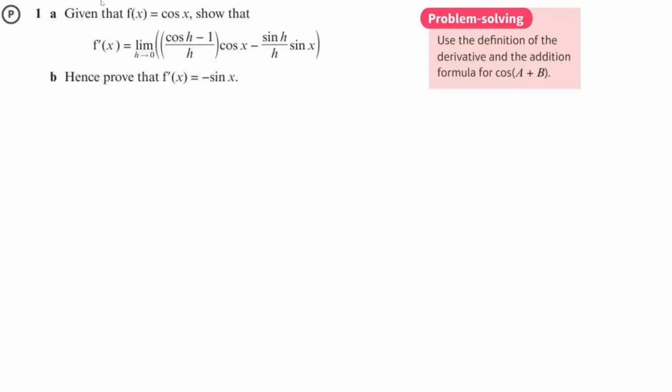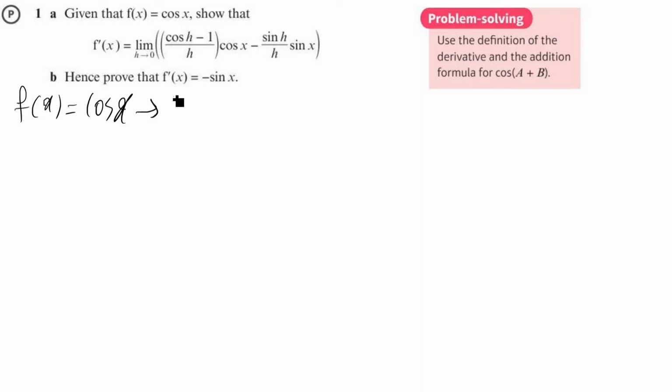This video is on Pure 2 Exercise 9a questions 1 to 5, the differentiation chapter. So let's get started. Okay, the first question is differentiation by first principles, and it's asking for showing that f dash x is equal to this expression. So at first let's write the information down. It's f of x equals cos x, and then we need to write the formula of differentiating by first principles,